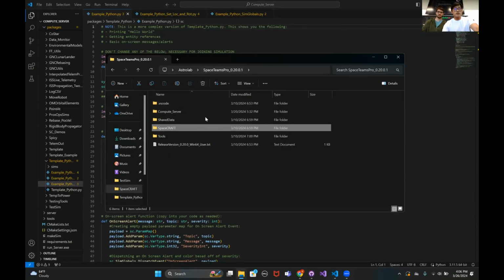So we'll go ahead and start right here. Okay. So as soon as you guys download Space Teams Pro 0.20.5 or any future releases, you'll unzip